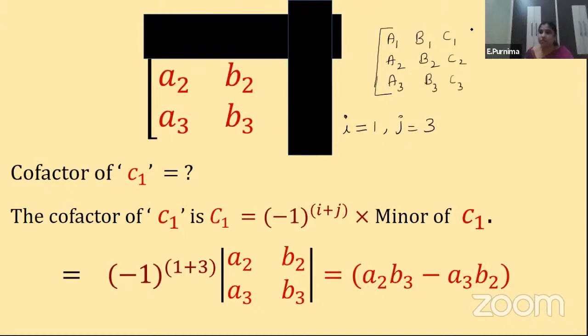Is it clear? So what is this matrix called? It is called the cofactor matrix of A. Understood? If you consider this as a matrix A, or B, whatever name you give, children, the cofactor matrix of that matrix has its elements replaced by their corresponding cofactors. Is it clear? Now we are trying to find the determinant.